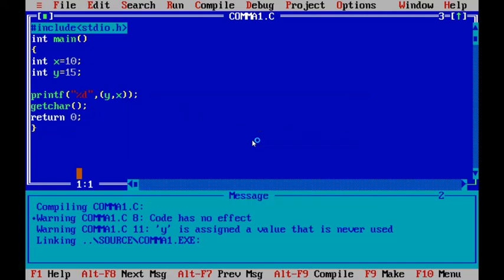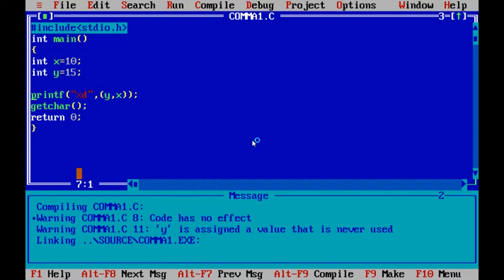If you observe the program, while it is executing the printf, it is evaluating from right to left. Right to left, so it has taken x as the argument. It ignored y.